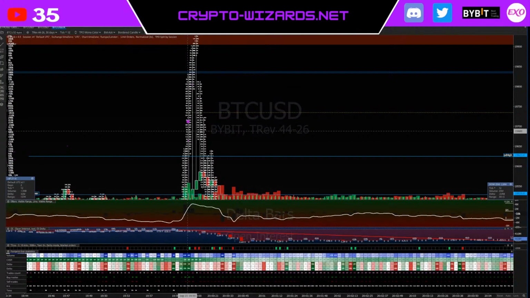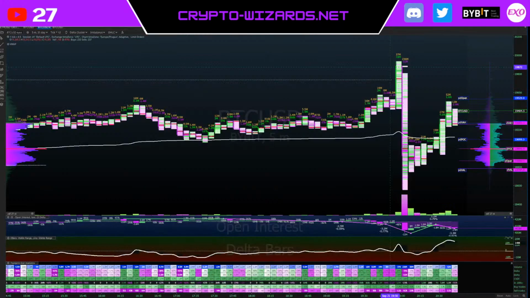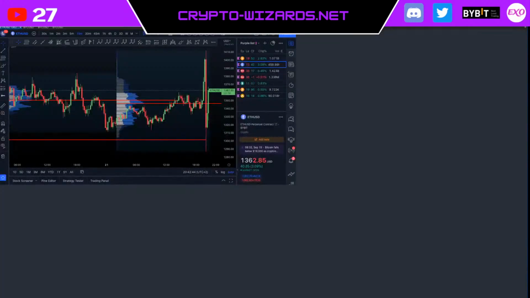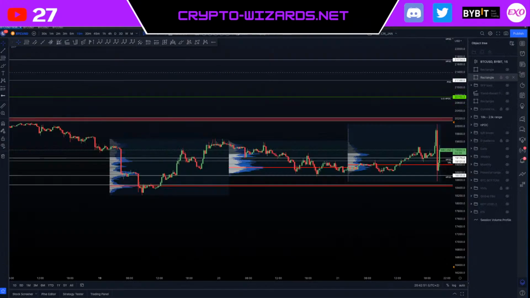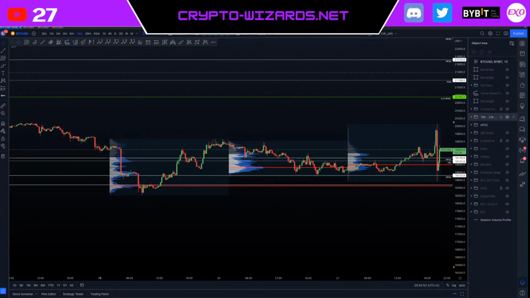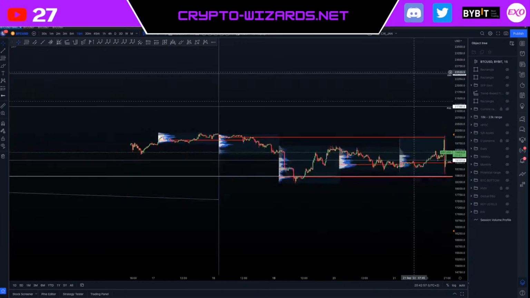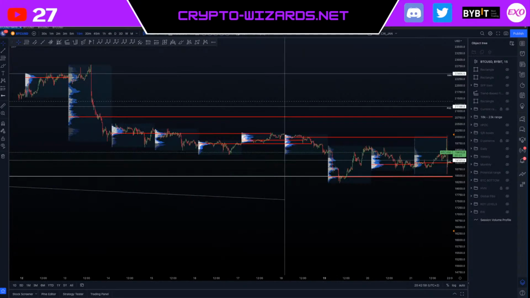The level is the POC of the big range since June. Yes, I know. You are talking about this one. We have this in a folder. We are analyzing this on a Sunday in FTA. So you're gonna hide this 18-23k range. Is it really the POC? Because I have the POC a little bit higher. It moved maybe this week, but